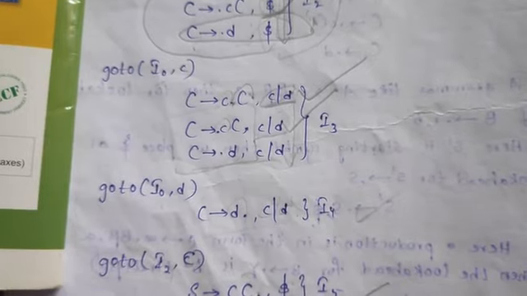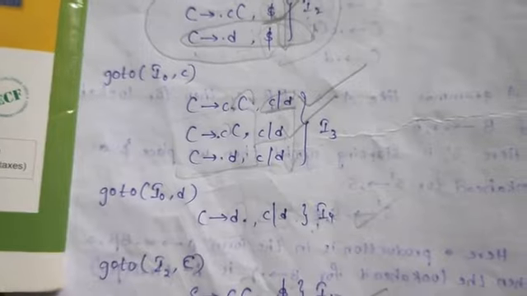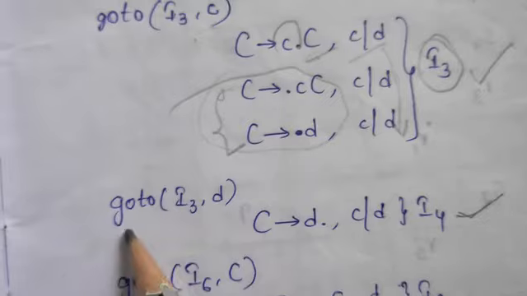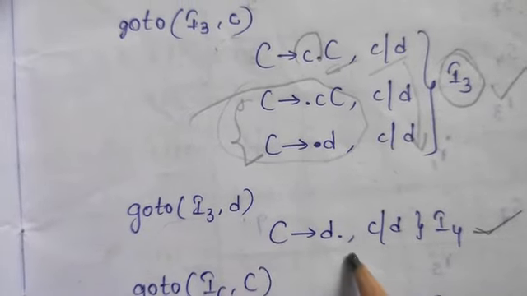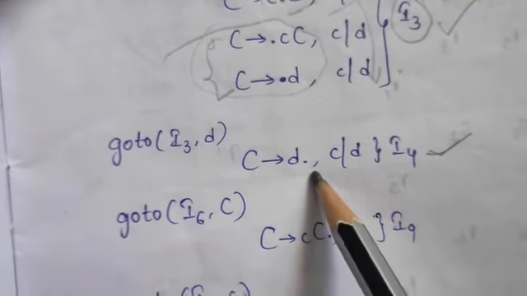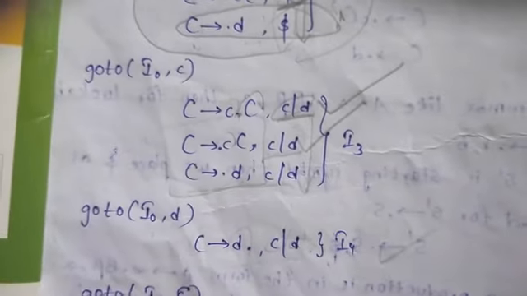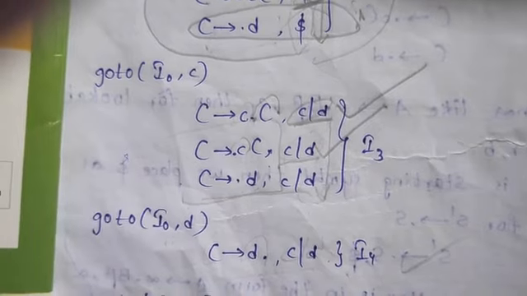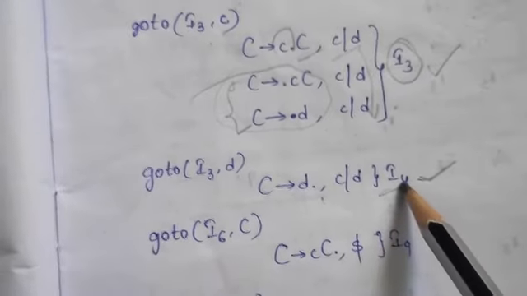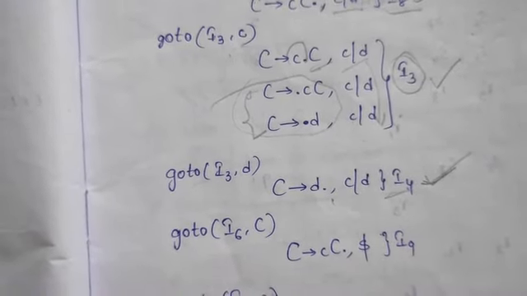Okay, for that reason in I3 the second one is the same repeated, and in I3 the last one is C tends to dot D. Here the dot is moved by D in the I3 state. In the I3 state, the dot is moving by small d, it will get this one. The look ahead whatever is in I3 should be placed here, and it will check with the before numbering. It will check with I0, I1, I2, I3, I4. It will match with I3, and the look ahead is also the same C/D. For that reason it will not get a new number, it will be given the number I4.